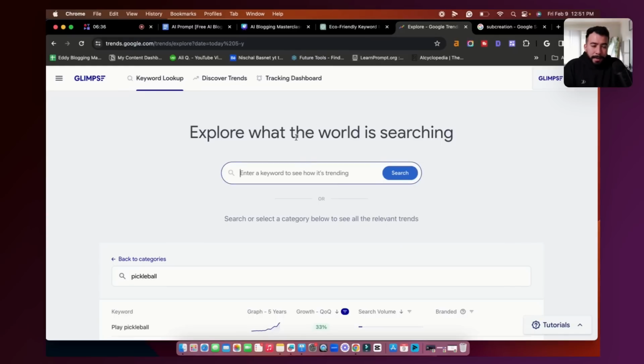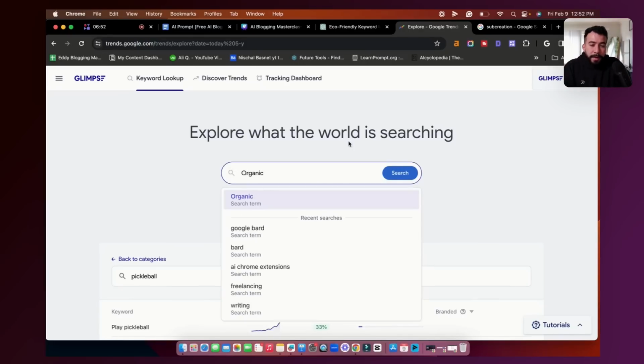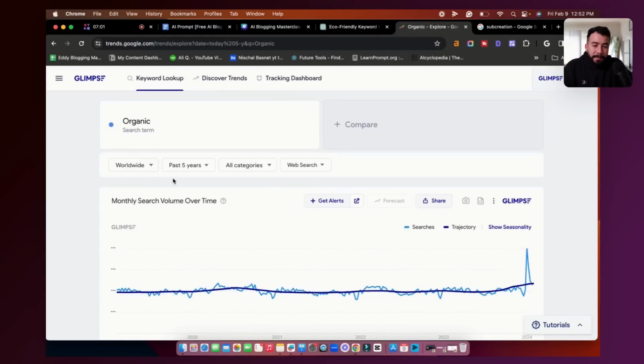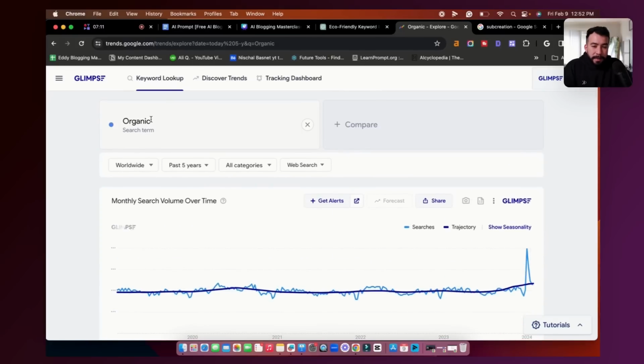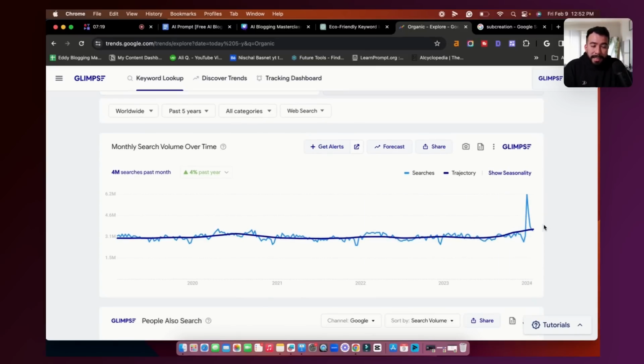I'm going to put in a specific seed keyword. So for anyone who has never used Glimpse, this is a trend spotting tool that allows you to find amazing ideas when it comes to the seed keyword. And you can also see the trend, and also people also ask questions. So let's go ahead and add organic in here. So when we add this information, Glimpse is going to, again, override Google Trends. So we'll see that we have a little graph here that shows you the trend line for a specific search term. You can add in specific search terms or long tail versions to get more information about a topic and how many times it's being searched per month.